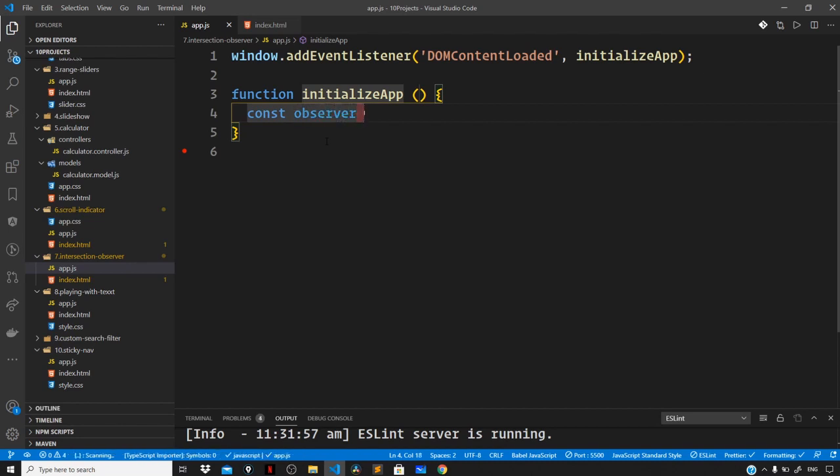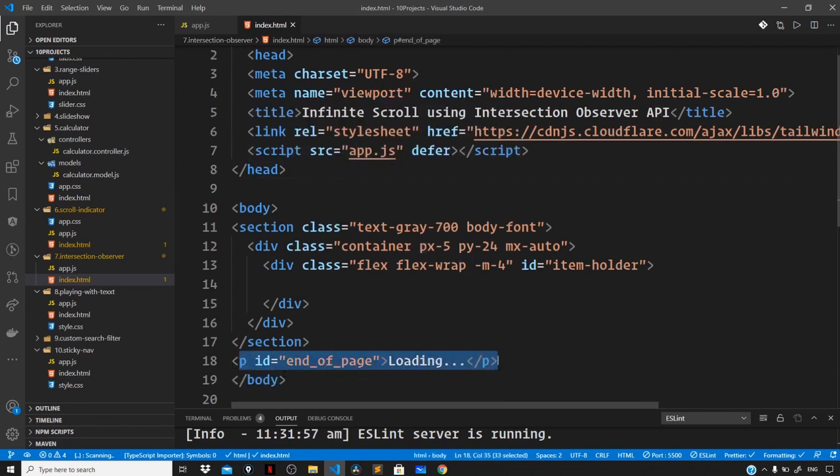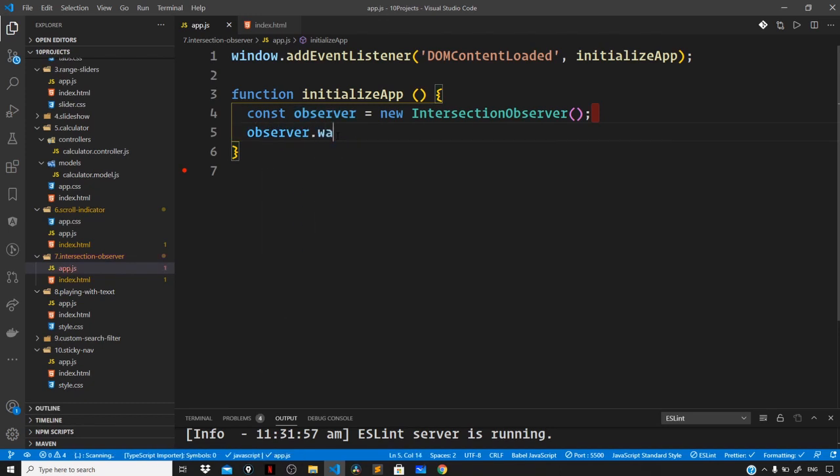So const observer = new IntersectionObserver. Now let us use the observe method on the observer, and using this we can monitor when we are at the end of the page, and then we can do something. So let us make the observer watch this paragraph tag with an ID of end-of-page which says loading. So let me grab this selector and let us make the observer watch this target element. So observer.observe, and here we need to specify a target element. So document.querySelector('#end